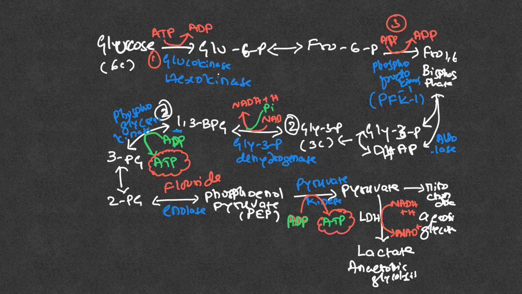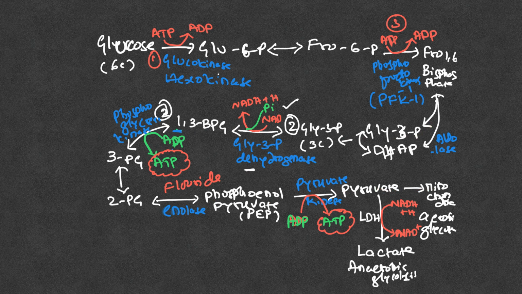So here is the molecule. This NAD plus molecule is needed by glyceraldehyde 3 phosphate dehydrogenase. This enzyme needs NAD plus. As you can see, NAD plus is needed for this reaction, where NAD plus is converted to NADH plus H plus. So we need to continuously supply this NAD plus molecule so that glycolysis actually continues to make pyruvate, and